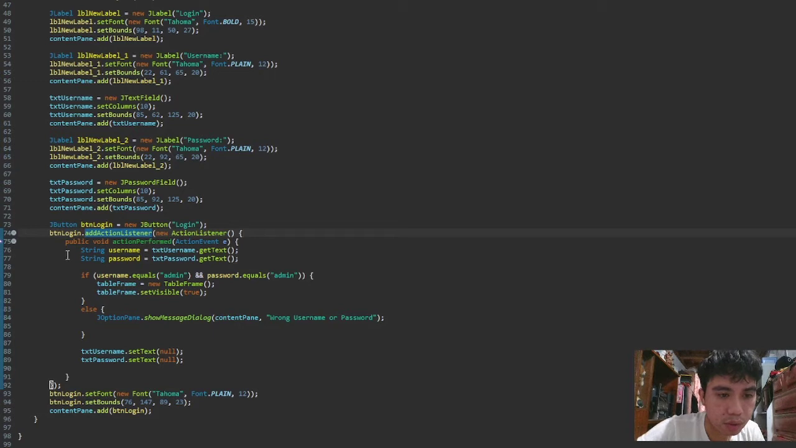Then we put a string for the username and the password into the text username and the text password. After that, we put an if else situation, which if the user puts the password or the username admin, it will automatically go to the table frame that is set visible to true. Then